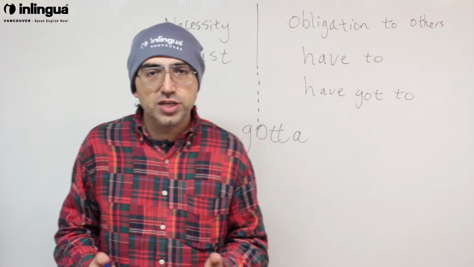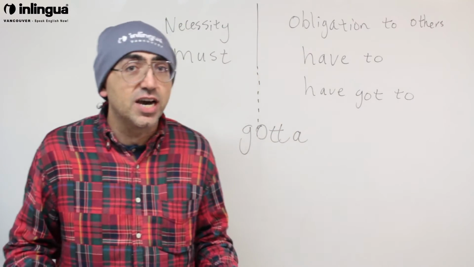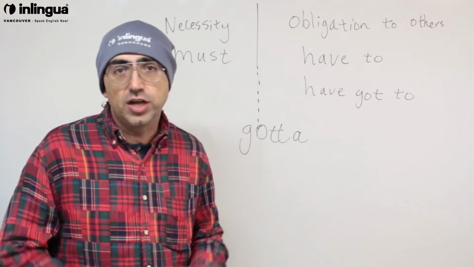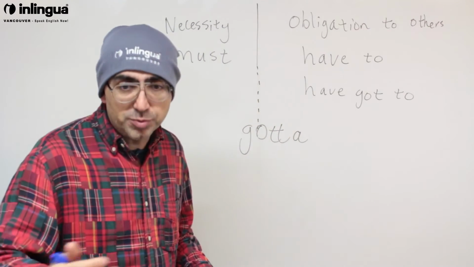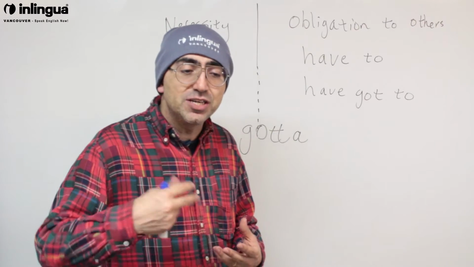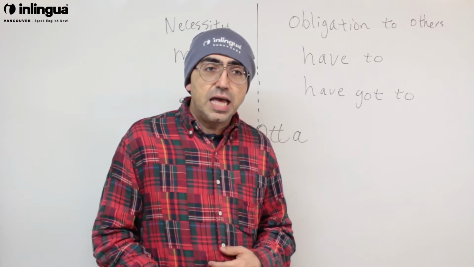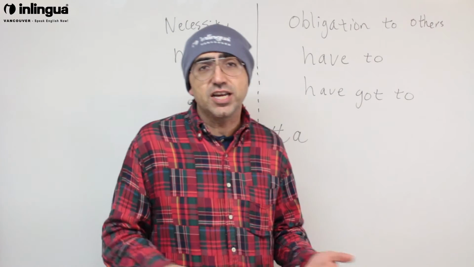And as I explained earlier, more and more people tend to use have to. And when they emphasize, they just say have got to. I have got to go there. Otherwise, I will be fired. I have got to be there, or my mother will be disappointed. Oftentimes, there is an implied obligation to someone else. And more, people just say, got it. I got to go. I got to do this. I got to do that.